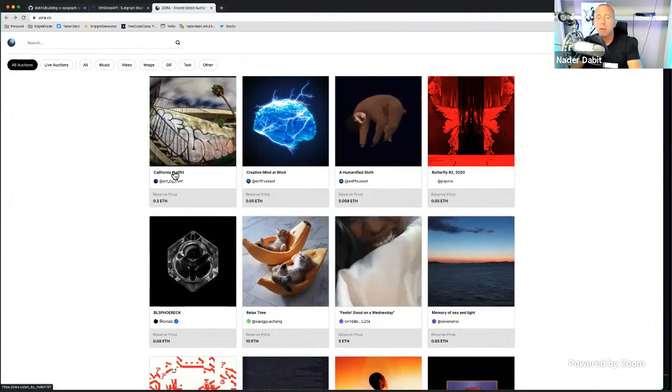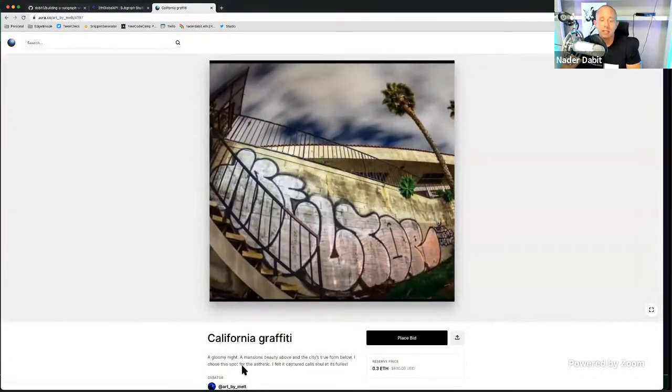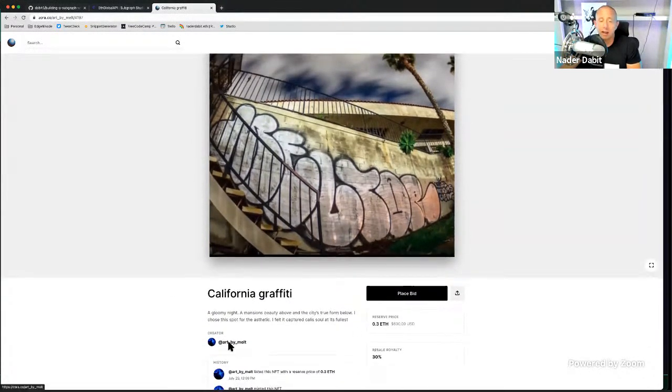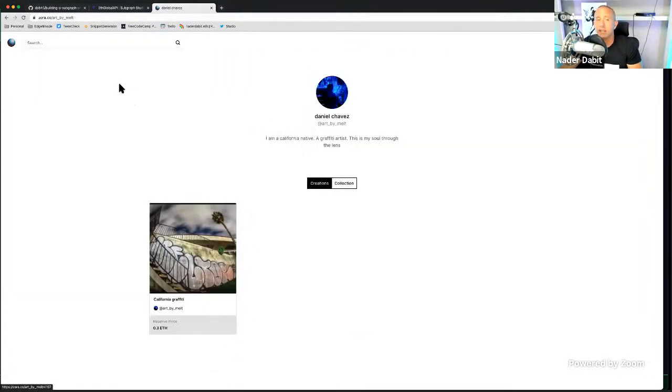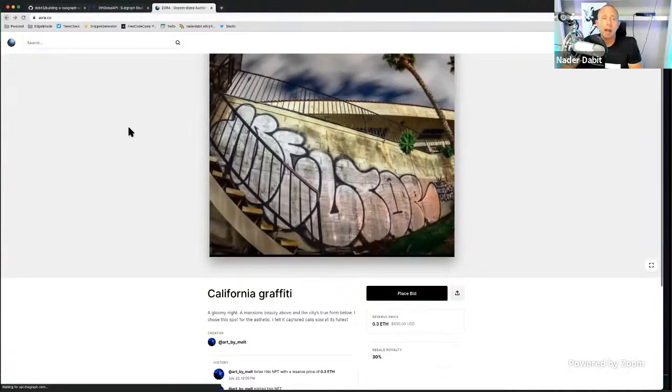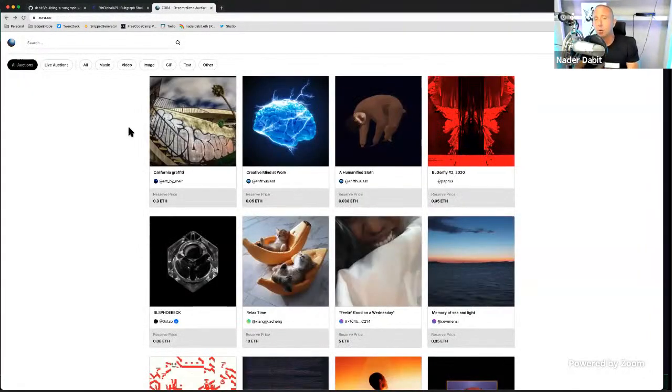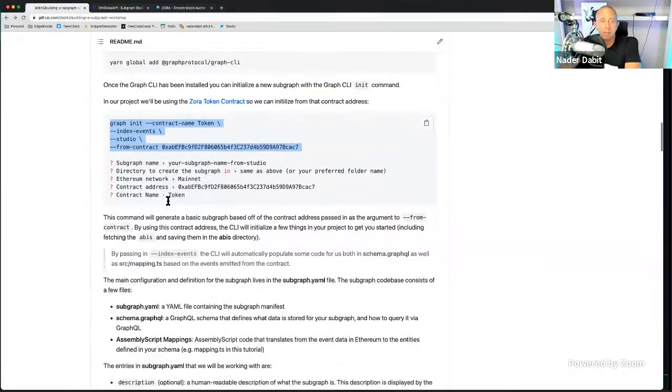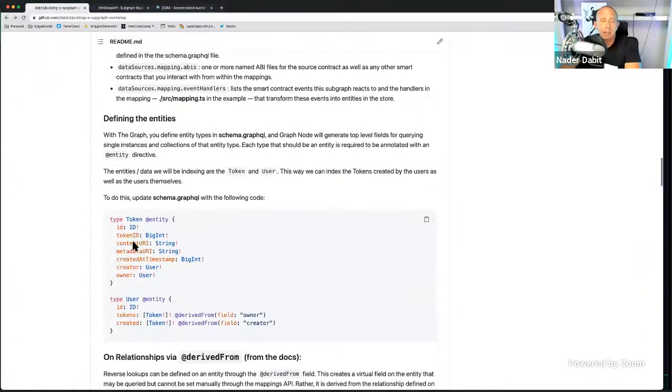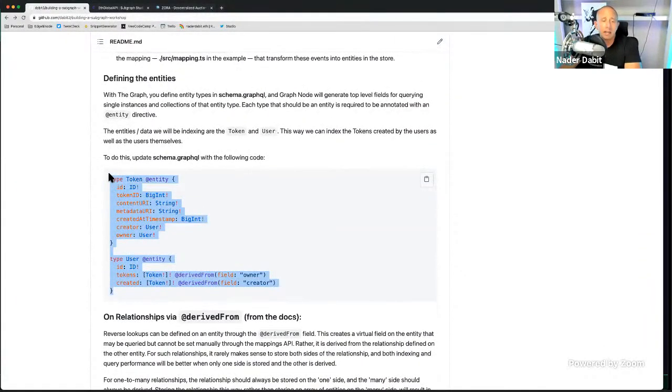And then we also might want to have relational data or links, because I can click on this, and then I can also look at the author or the creator, and I can see all the NFTs they've created, right? So how might we model our data? So we have relationships, like one-to-many relationships, many-to-one relationships, those sorts of things. So for us to do that, we're going to have two entities, and our data model is going to consist of